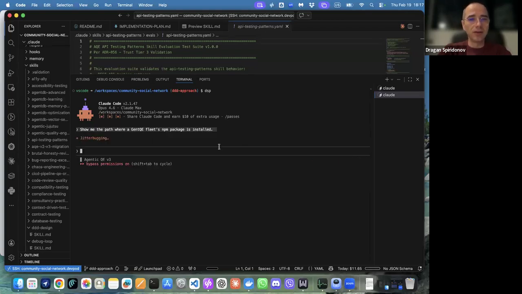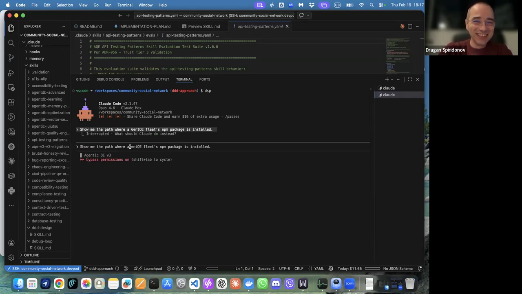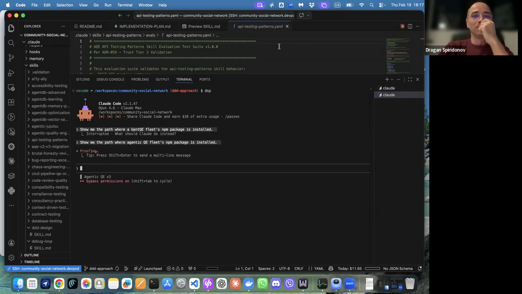Not that one. It's not Agent QE, it's Agentic QE fleet. Okay, let me, because on escape this will go. I don't want to turn it off.